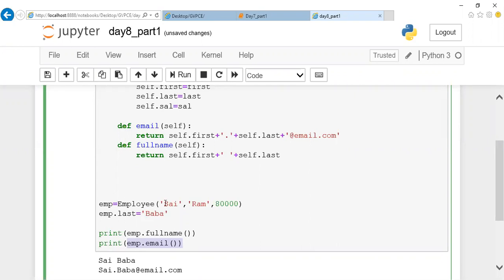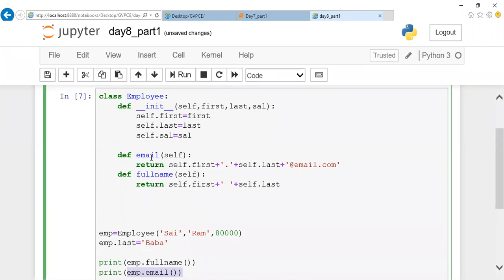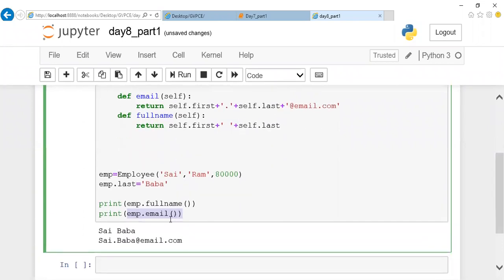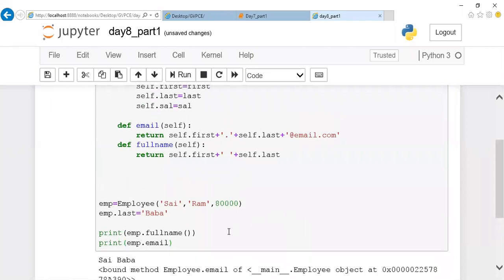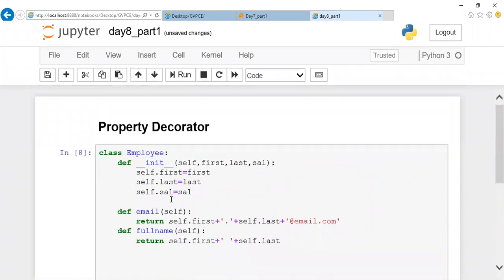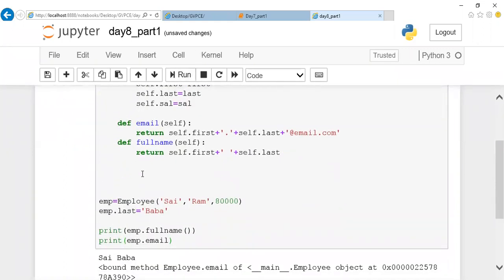So if you feel you're supposed to modify this email also with the updated value, make it a separate function, and then call this email as a method. If you kept it as an email, what happened? It will return only the function object as a return type. Clear? Till this point, are you clear? Next I'm going to add a decorator to it. I'm taking this already existing line and making it a separate function. That's it.